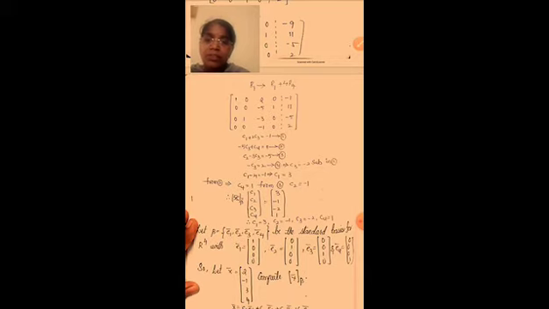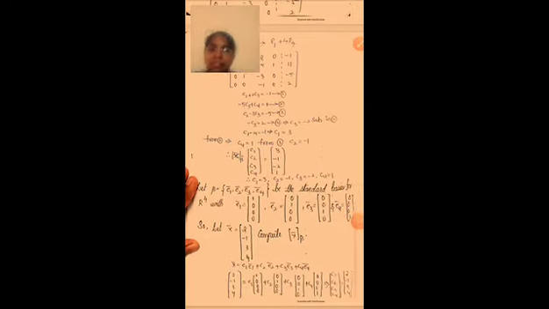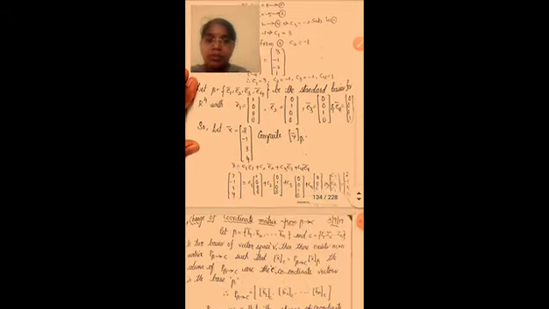We have to substitute this all in 3. So from 3, C2 is equal to minus 1. So x bar beta is equal to, substitute here C1, C2, C3, C4 values. So C1 is equal to 3, and C2 is equal to minus 1, and C3 is equal to minus 2, and C4 is equal to 1. Therefore C1 is equal to 3, C2 is equal to minus 1, C3 is equal to minus 2, C4 is equal to 1. So next problem is there.